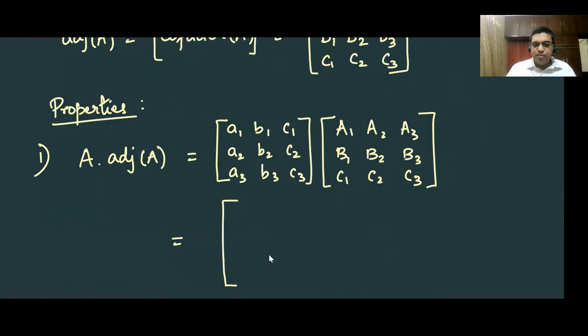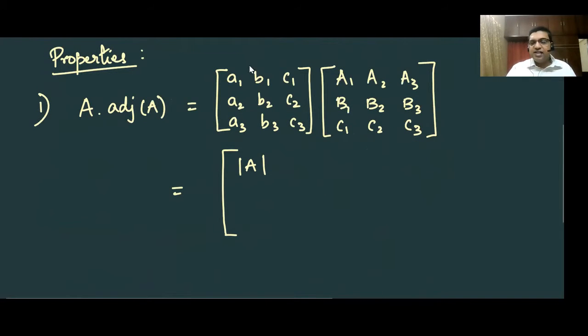So your first element will be nothing but determinant of A. Okay. The second element A1 A2 plus B1 B2 plus C1 C2, elements of the first row multiplied by the cofactors of the second row, we get 0. Just now we showed